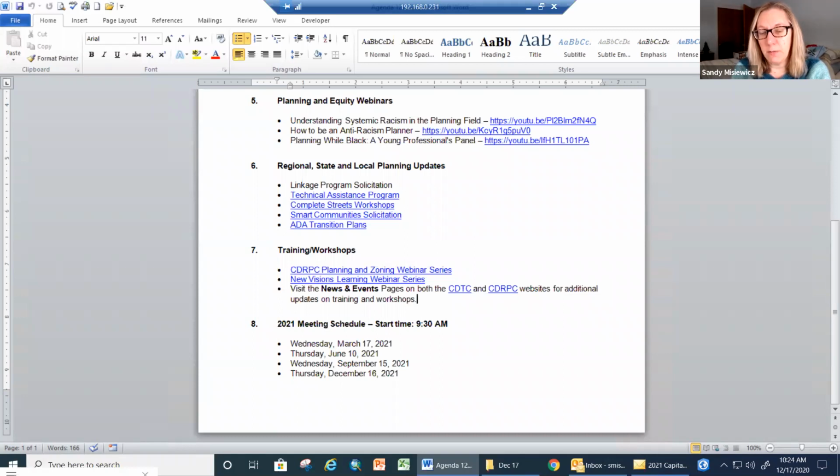And Rima in particular was heavily involved in the organization of the sessions for that conference this year, but 3 of them I think would be of interest to our planners community-wide here in the region that had to deal with, again, this issue of planning and equity.